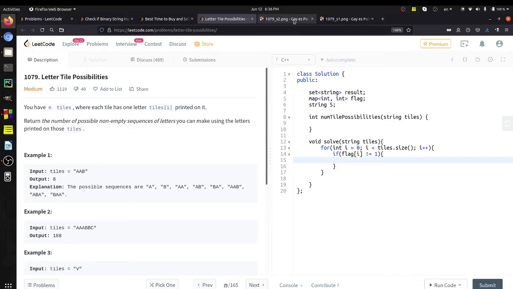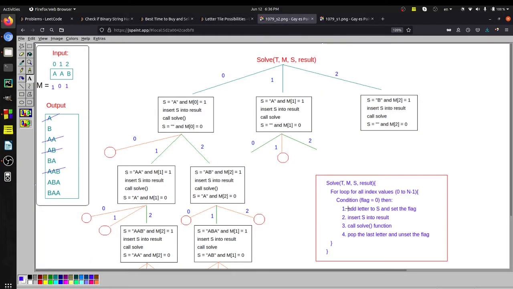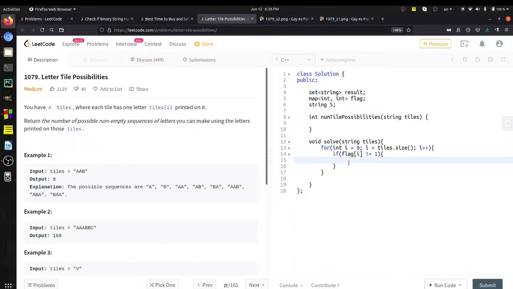So what were the statements? Here you can see the statements were: add letter to S and set the flag, insert S to result, call the function and pop the last letter. So I will push back the alphabet first, set the flag of that index to 1, insert that string to my result, then call the function again.